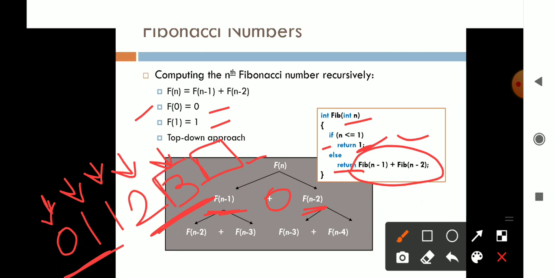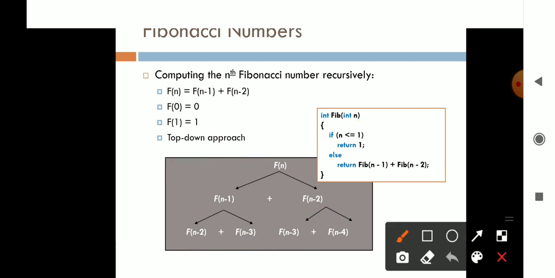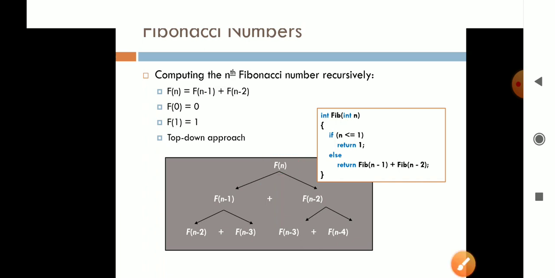But if we are at this particular number, that is f of n minus 1 is 3 here in this example, which is the addition of these two, 1 plus 2. So f of n minus 1 is nothing but the addition of f of n minus 2 and f of n minus 3. This is f of n minus 2 and this is f of n minus 3 here. So here we are going in a top down approach. Here we have the top and we are going down in the tree, right? So that is called the top down approach.